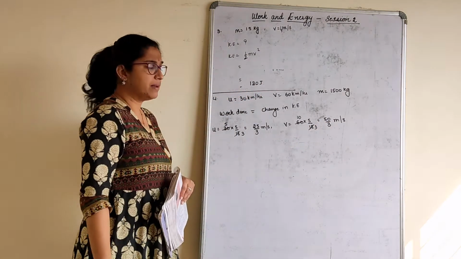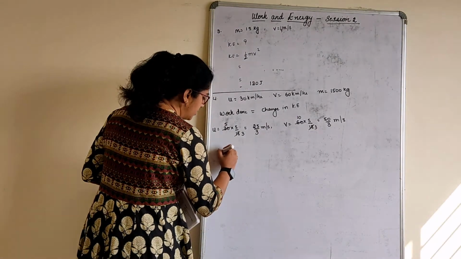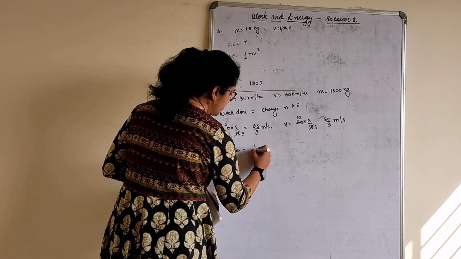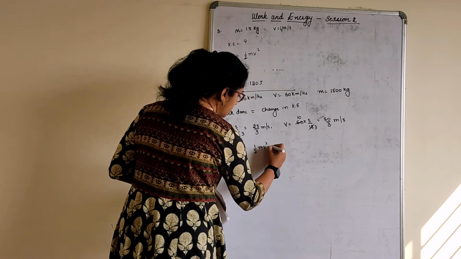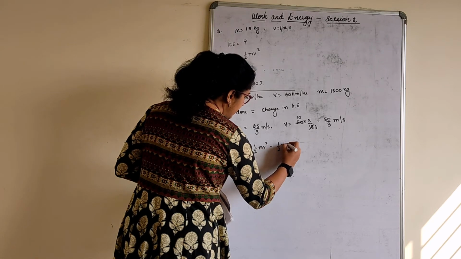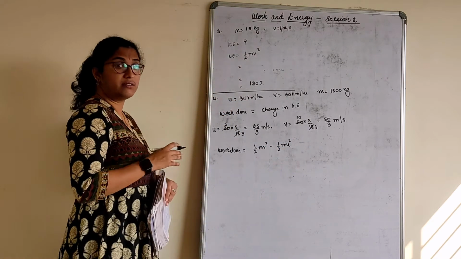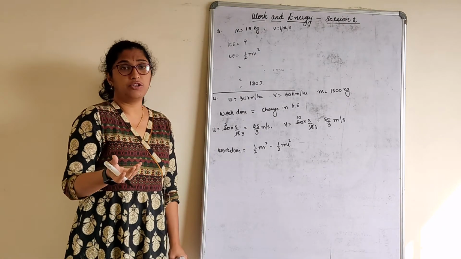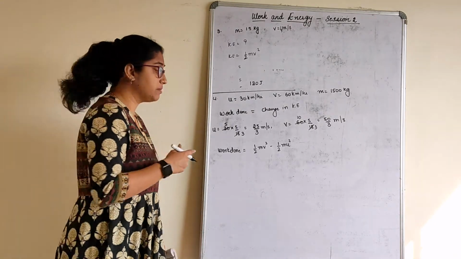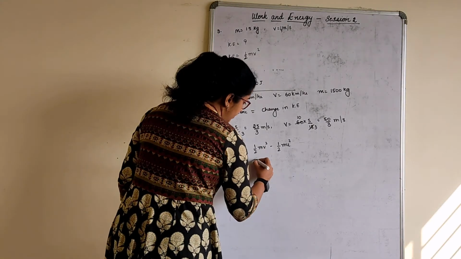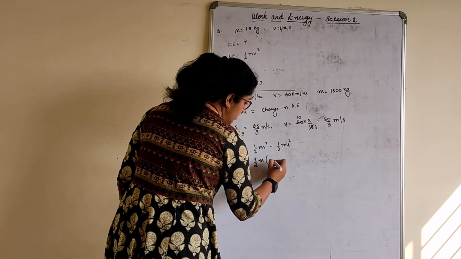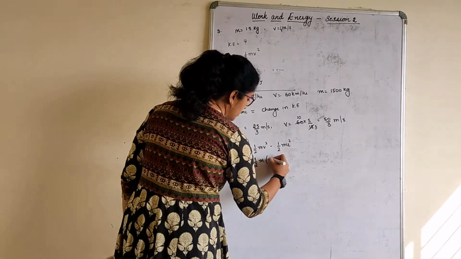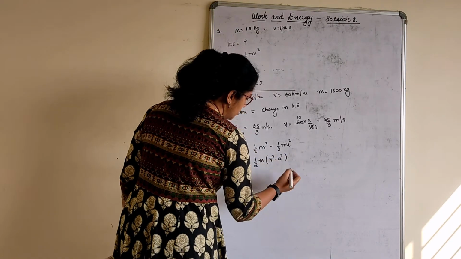Right? Directly we'll apply change in kinetic energy formula. Work done is equal to half mv square minus half mu square. Remember this formula here. This is change in kinetic energy. Change is always with respect to, like change in momentum, how do you write? Final minus initial. Same thing here. So we will take half m common, same like how we have done this in the surface area chapter. v square minus u square.